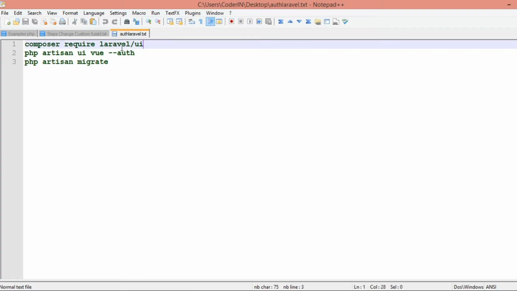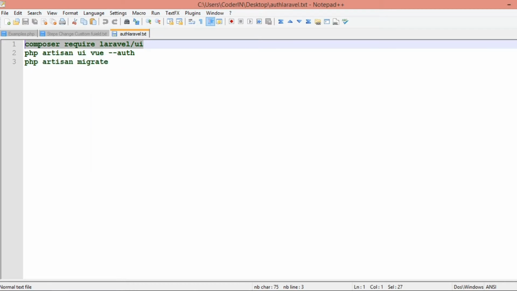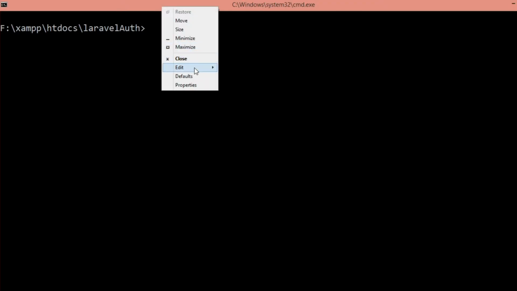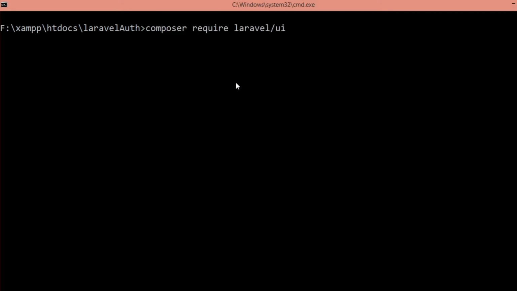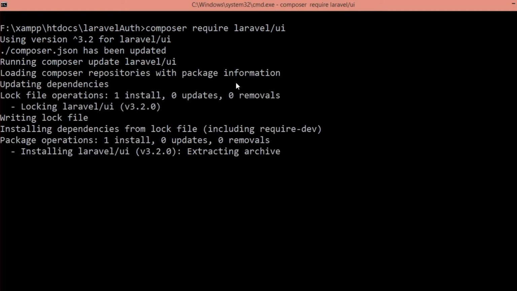Let's use this command, composer require laravel/ui. Just paste this and run it. It simply means that it will generate the user interface, the front end part of the registration form.